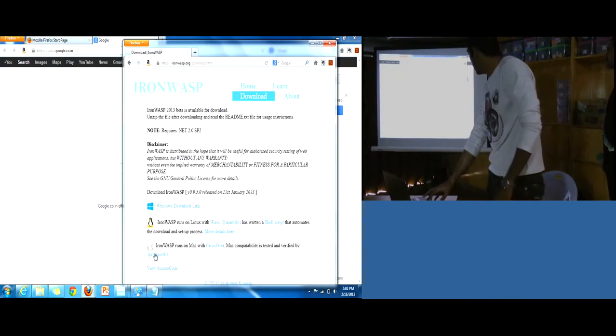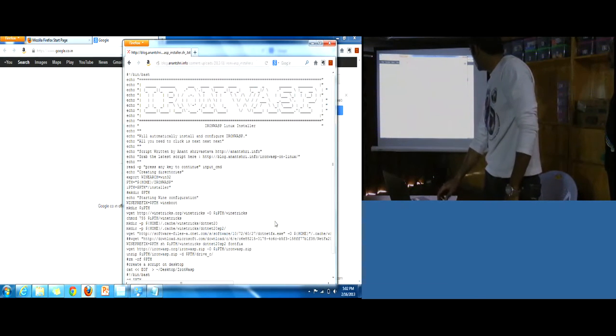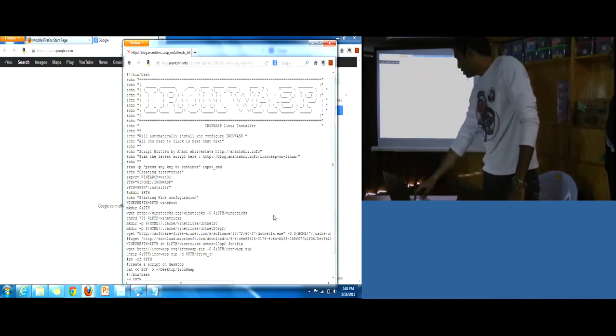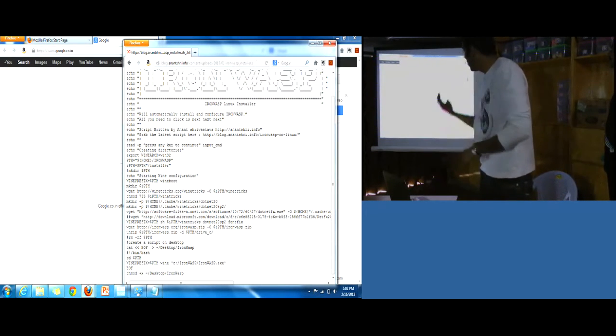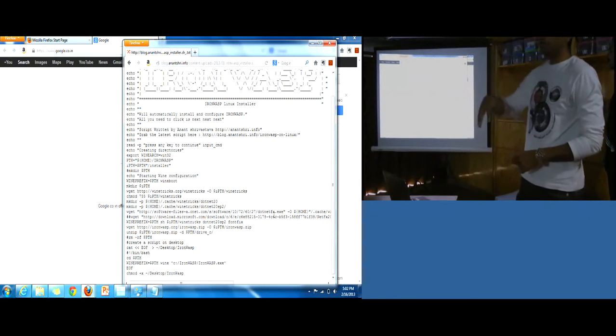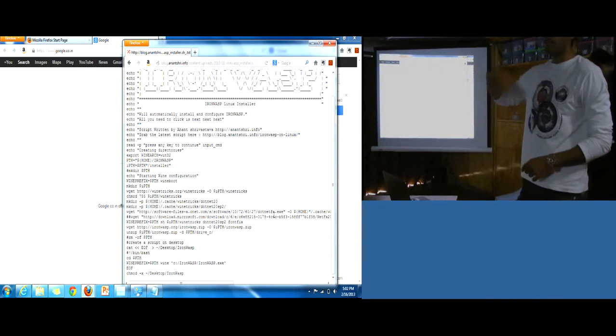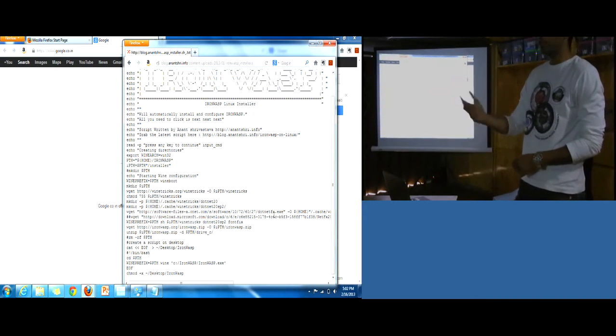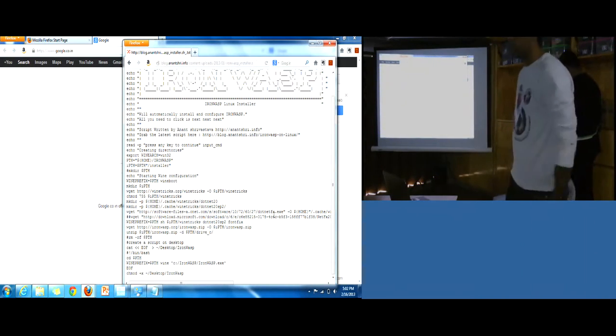You can see that there is a separate Linux and Mac download link. There is a shell script available to make this run on Linux. If you just run the script, it downloads Wine and all the other dependencies required, and then it can run from Linux. So you don't really need anything else. Yeah, so that's pretty much it.